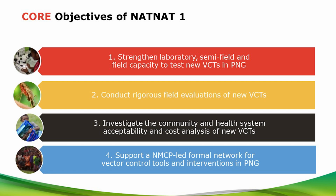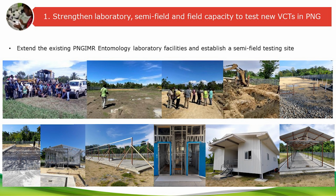Now, the overall aim of the NatNat project is, number one, to strengthen laboratory, semi-field and field capacity to test new vector control tools in PNG; number two, to conduct rigorous field evaluations of new vector control tools; number three, to investigate the community and health system acceptability and cost analysis of vector control tools; and also to support the National Malaria Control Program led formal network in PNG. Now, I'll be only speaking on objectives 1, 2, and 4. So under objective 1,